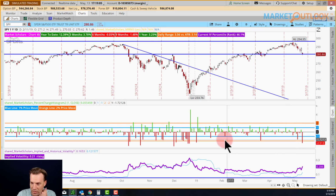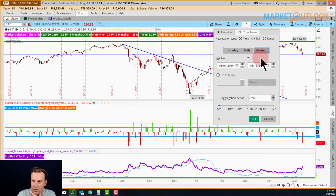So as of right now, you can see all the 1% moves. We've had 1, 2, 3, 4 to the downside. Most of the 1% moves have been to the upside this year. In fact, you can look at it better this way. If you look at